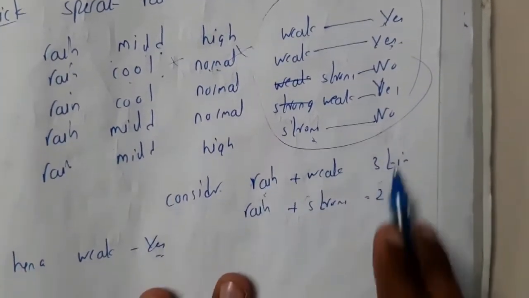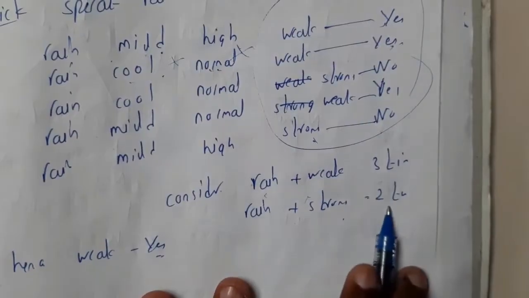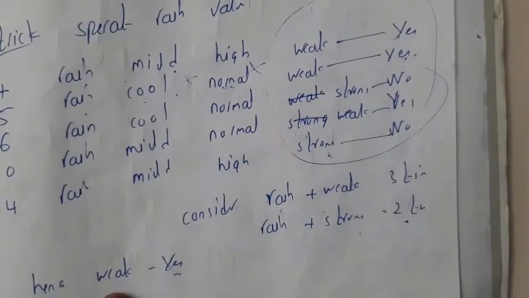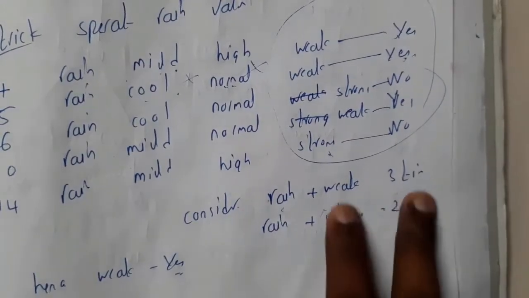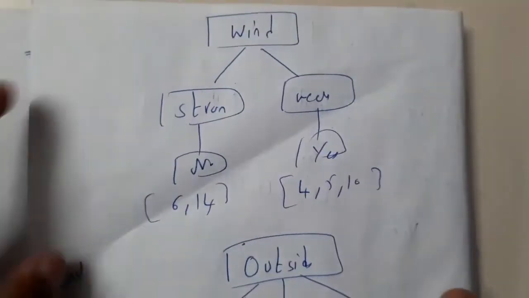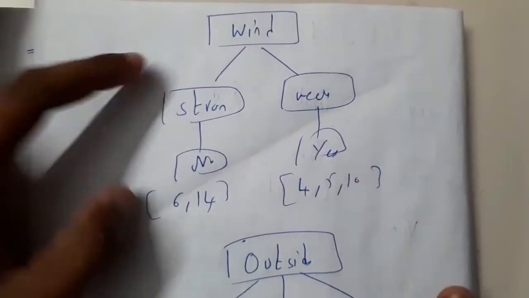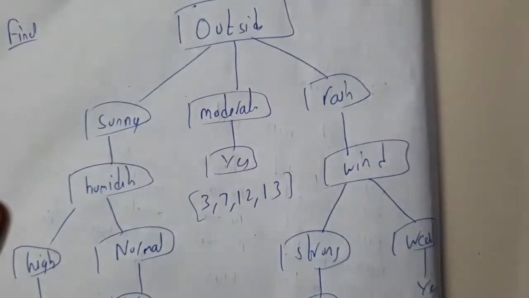So in that situation, you can say this is going to have the maximum. Rain plus weak is having 3 times and rain plus strong is having 2 times. So here we can say that weak means yes and strong means no. From this only we can say, right? Okay. So at the end you will be writing in this way, guys. You just connect this to our main diagram. So this will be your decision flow, guys.